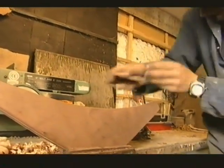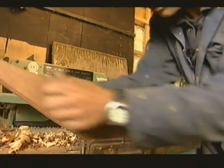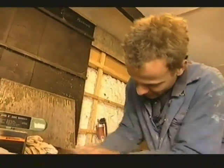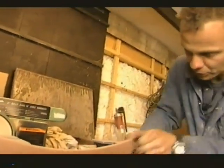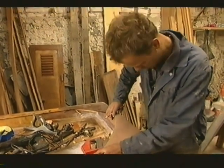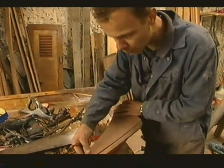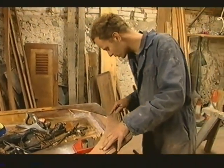Finish off with a bit of sandpaper. Make it nice and soft for the fingers when you're pulling the boat out of the water. Right, how does that look? I think that'll do. Now this one's held on with pins, so we're going to glue and pin this one